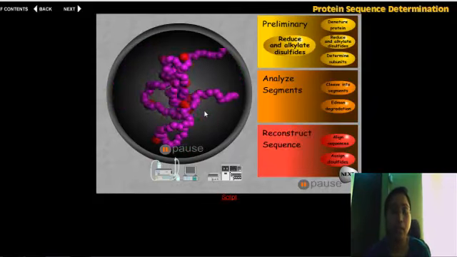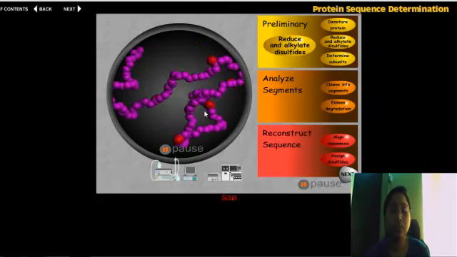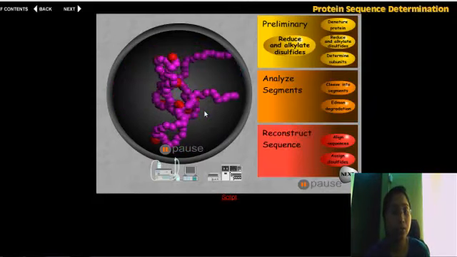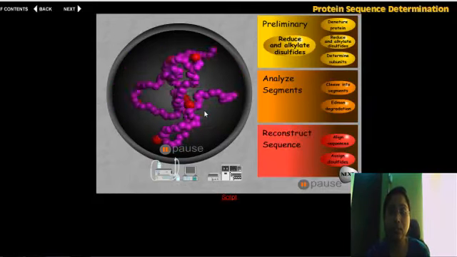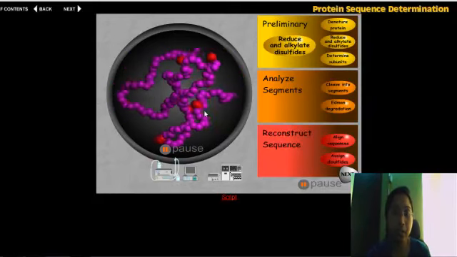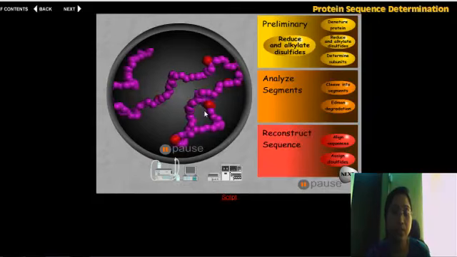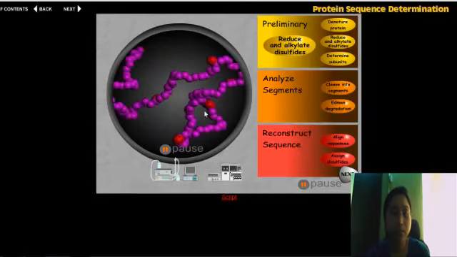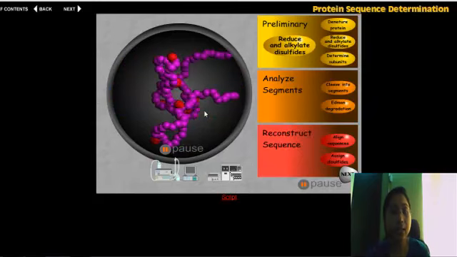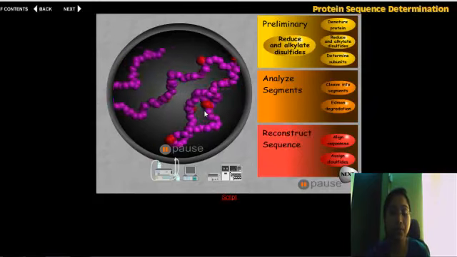Just find out the amino terminal ends. If a protein has only one amino terminal end, that means it has only one polypeptide. But if a protein has, say, 3 amino terminal ends, that means this protein is made up of 3 different polypeptides. So we need to know how many polypeptides are there in the protein of interest.